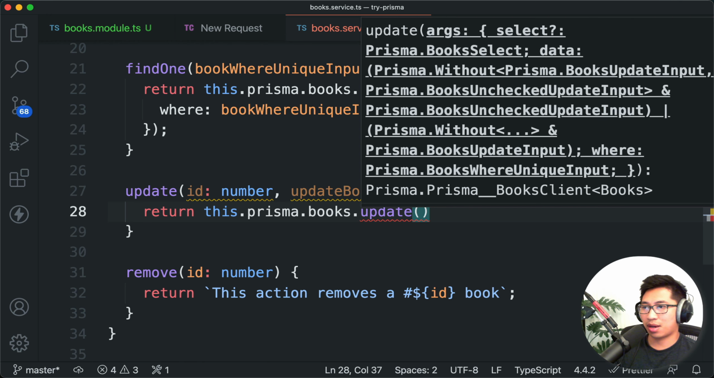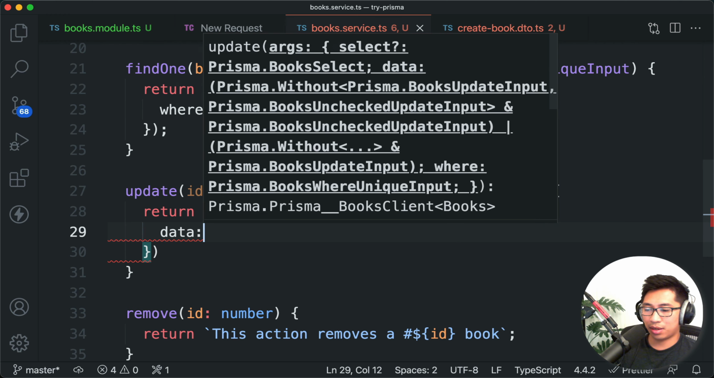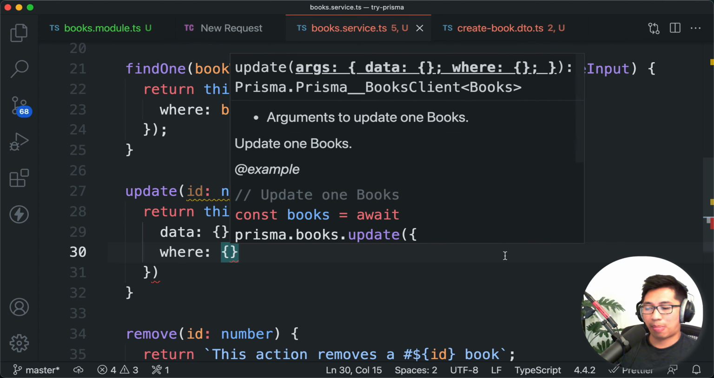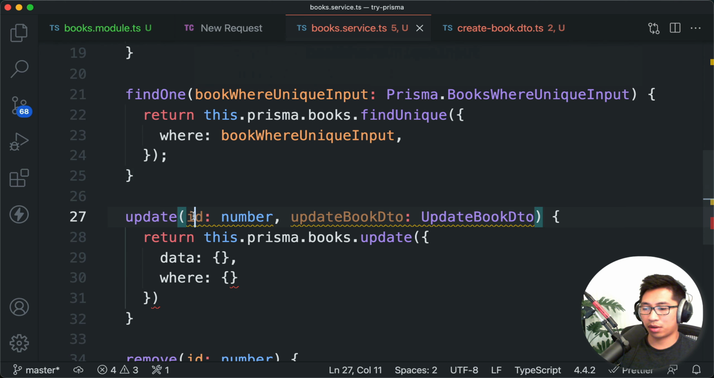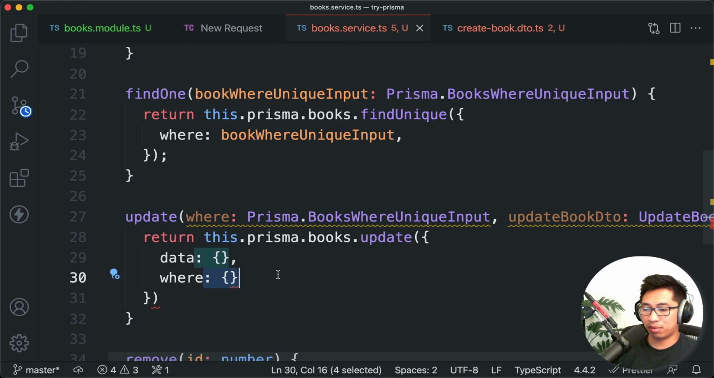And from the syntax, it said that we need to pass in an object that has data and a where clause, right? And we just learned that this type represents that where object, that where clause. So we should be able to reuse this type. So I can maybe do an update here. We'll do a where, and it has the type of Prisma books unique input,